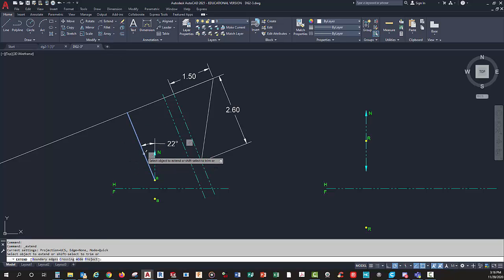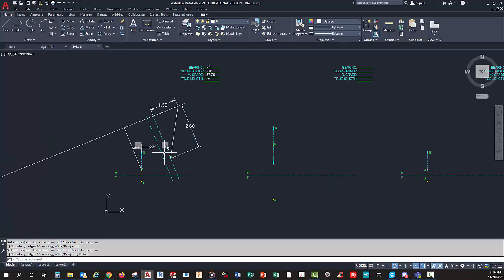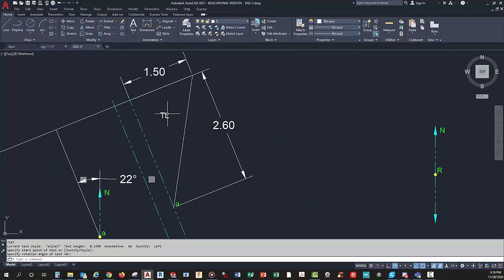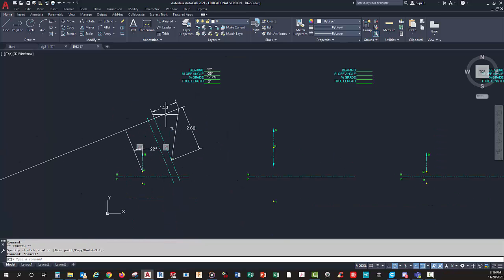So now that becomes the correct length in this view. Now this is true length. Remember, this is true length. It helps if you go, there we go. All right, so true length. That's true length. That's rise. This is run. That's true length. There's your bearing. So then all I have to do is draw me a line from here,